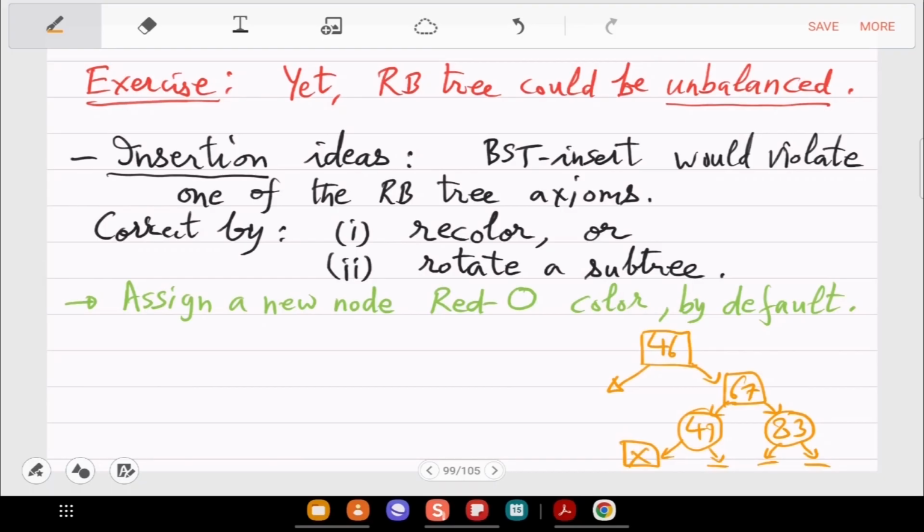Okay, so this is tree T. T points to the root, which is 46, which is black color, and then we have a 67 in black, then 49 and 83 in red, and let's say that they have these 4 children which are black null pointers. Okay, these are the null leaves, and then there is a subtree on the left side, which I am not specifying. So let's just call it something.